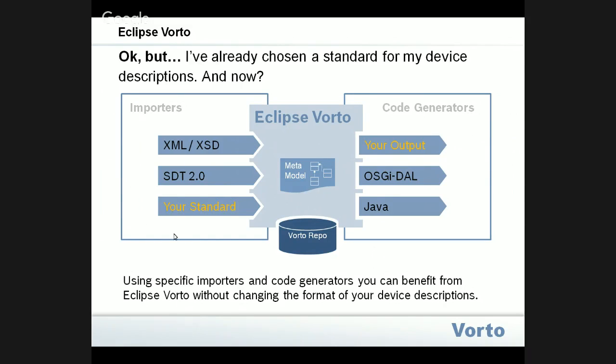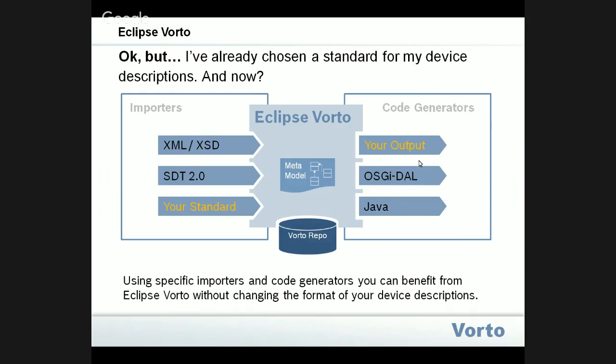So for example, if you have chosen maybe the SDT Smart Device template for creating your device descriptions, then you can import your descriptions. They will be mapped to the meta model. You can manage them in the repo. And now it is possible to maybe create a specific code generator for your applications and create the format that